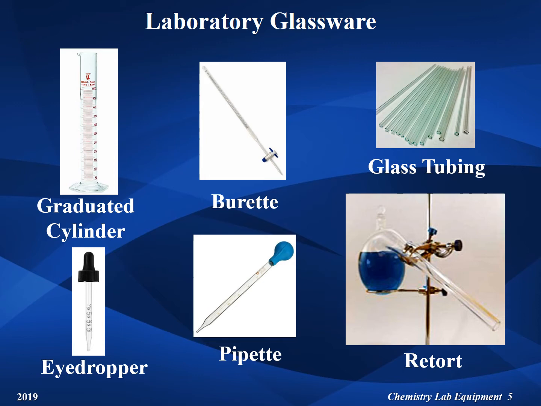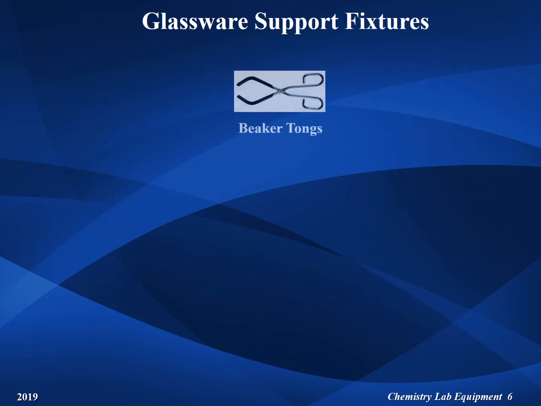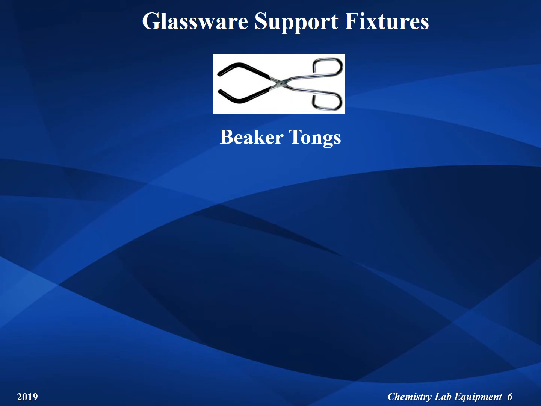In the chemical industry, a retort is an airtight vessel in which substances are heated for a chemical reaction producing gaseous products that are collected for further processing. Such industrial-scale retorts are used in shale oil extraction, the production of charcoal, and in the recovery of mercury in gold mining processes. Now we look at some of the fixtures that are used to support the various pieces of